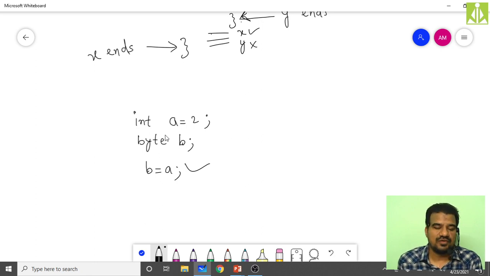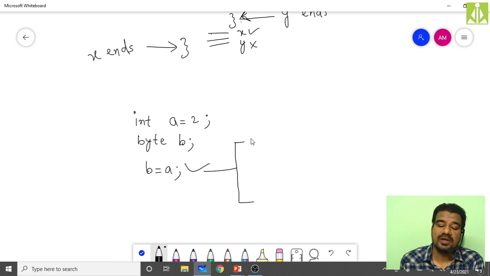So first of all, remember that wherever you have this type of initialization between two different types inside your code, there comes the concept of type conversion. And this type conversion is of two types.